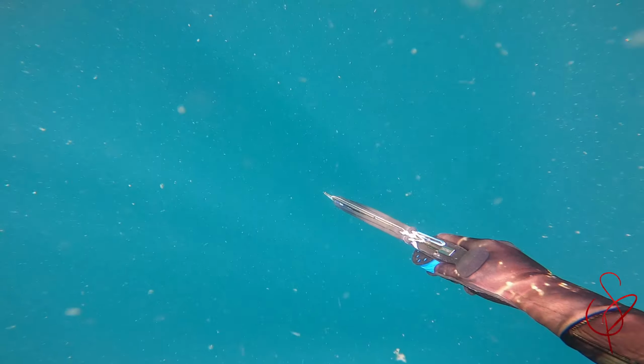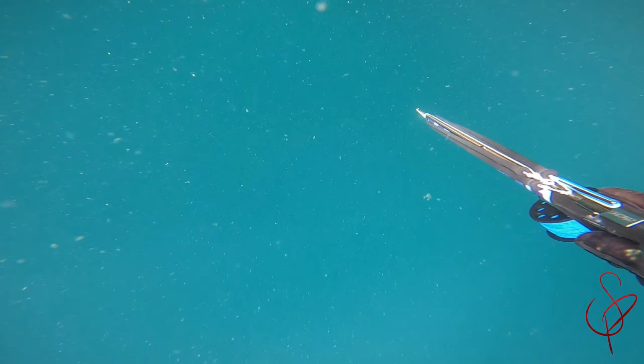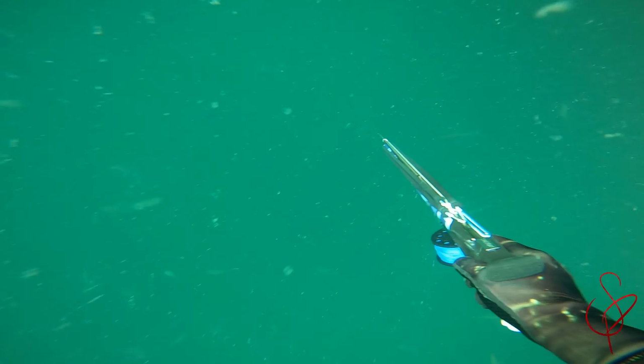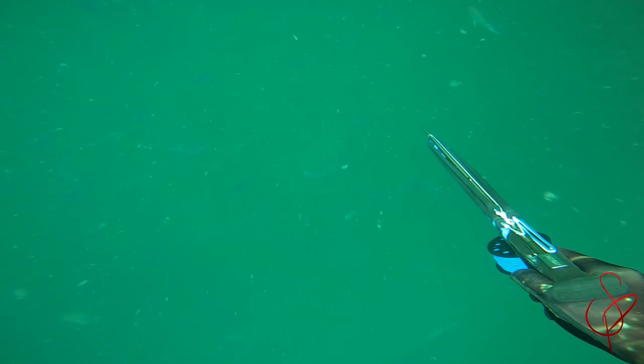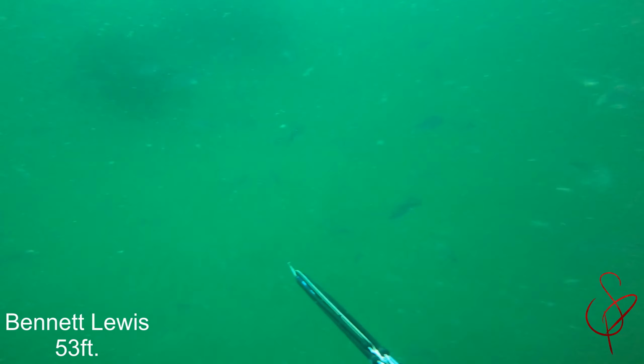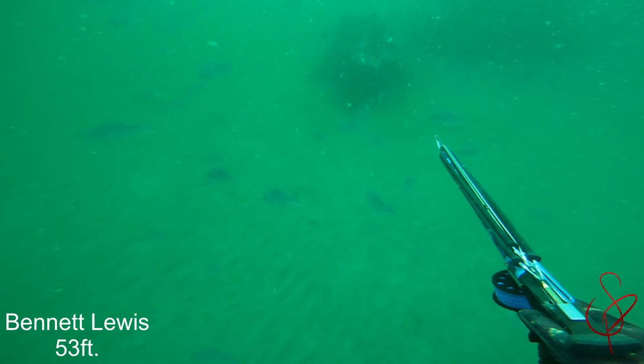So in this video, this one's kind of a little weird. Like I said earlier, with how many different species we have on this, Bennett goes down and lines up on a pretty good sized sheep's head. We'd already had a few sheep's head in the boat at this point, and we'd already gotten a trigger limit, and we were just trying to get a couple extra fish. So Bennett goes down and he's using a Pathos Snyper 75 centimeter double banded,